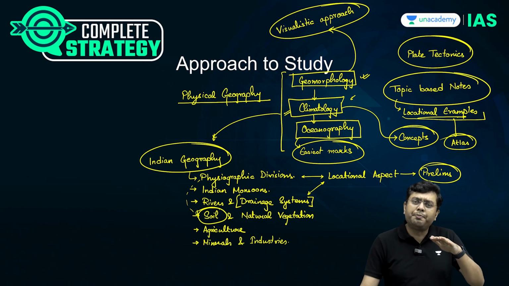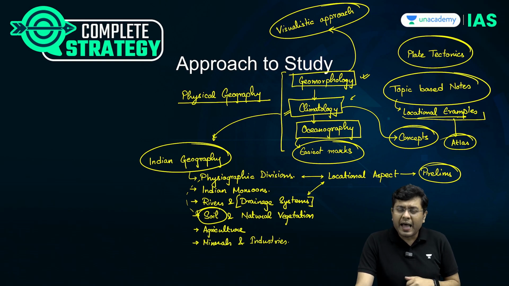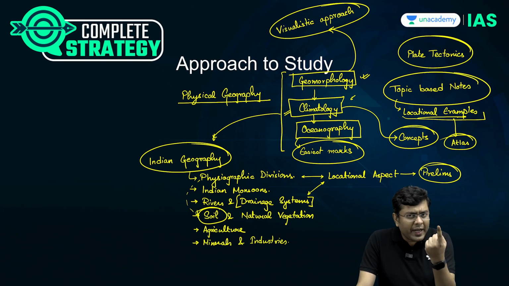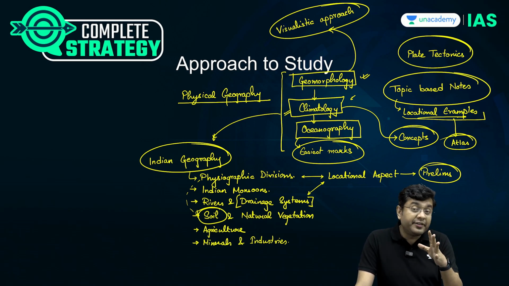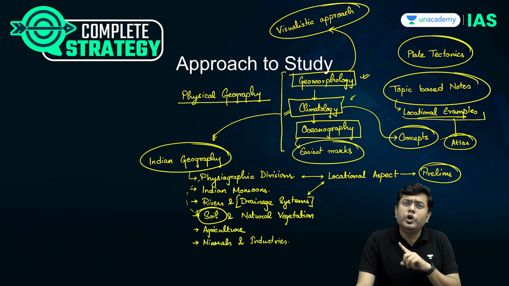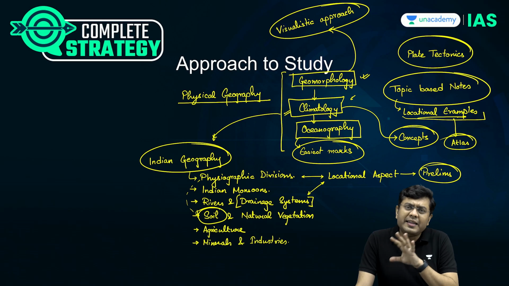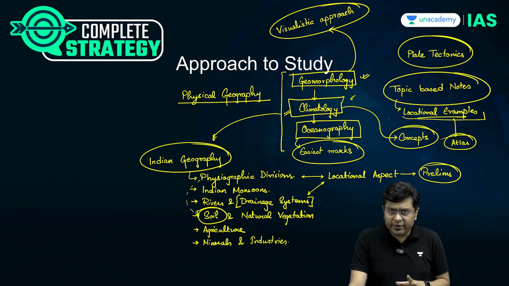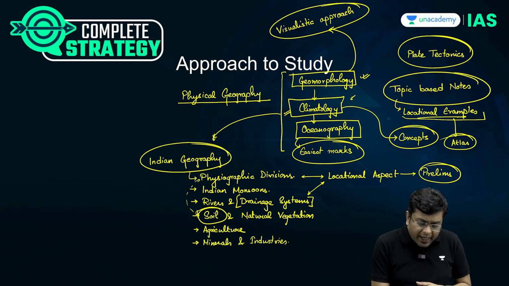So let's suppose you have spent around 2 weeks learning about the various different minerals. At max, every 3 years, you get one question. You might not get that question also. And even if there is a question, you might commit negative marking. So should you spend those 2 to 3 weeks for that one question which can appear in 3 years? No. Even the question which appears in the exam from the minerals, that is associated with the portion of current affairs. And the presence of certain minerals in certain parts of the country, again a derivation from the physiographic divisions.